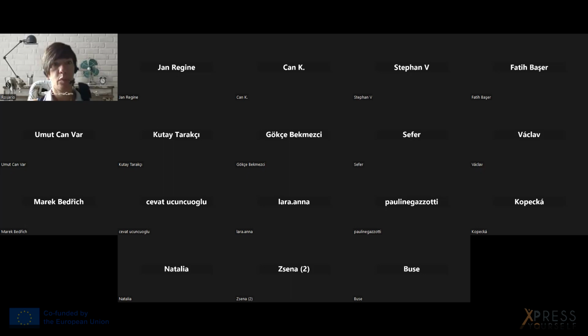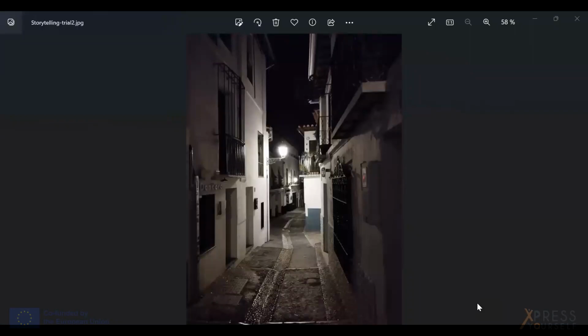So here I opened... sorry, one minute. Okay. So I have a picture here, right? It is a street at night.